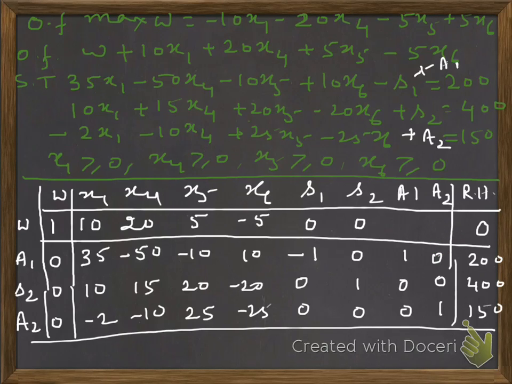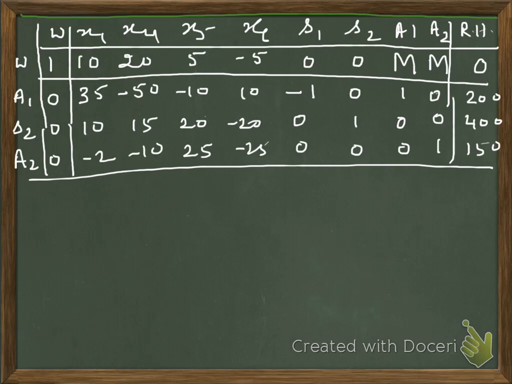Since we want A1 and A2 never to enter the basis in future, and since for an entering variable we look for a negative coefficient in the objective function line, the best way is to put a very high positive value for A1 and A2, which will never turn out to be negative whatever we do, and so A1 and A2 will never enter into the basis. By putting coefficients m here,